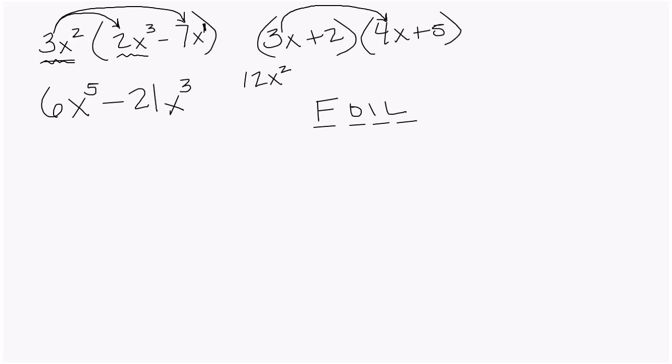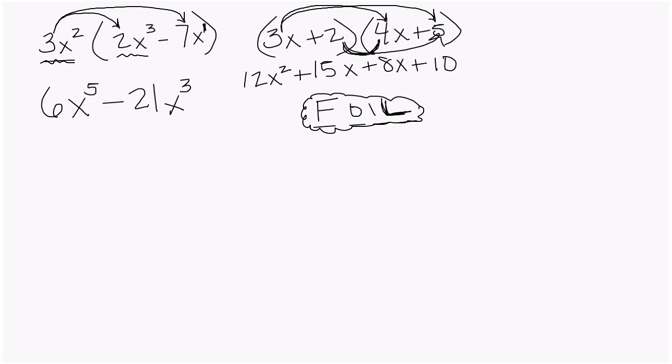Then we're going to do the outsides, which are going to be our term 3x times 5. So 3x times positive 5 is going to be positive 15x. Then we're going to do our inside terms, which are these two. So 2 times 4x equals 8x, and then the L in FOIL is the last term, so the last terms 2 and 5 give us positive 10. 2 times 5 gives us positive 10. That's how you multiply